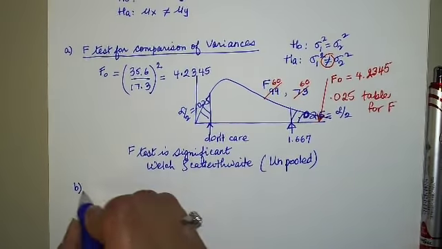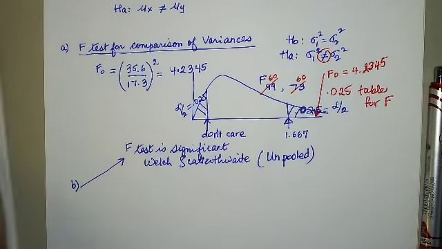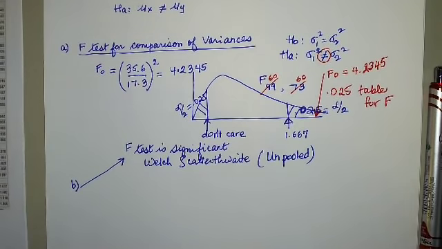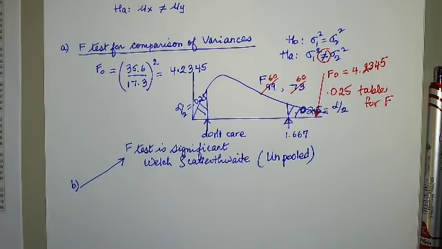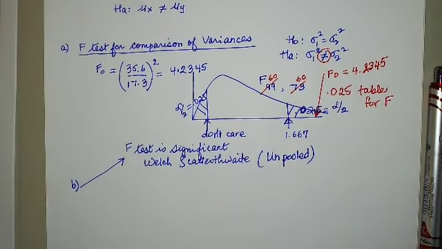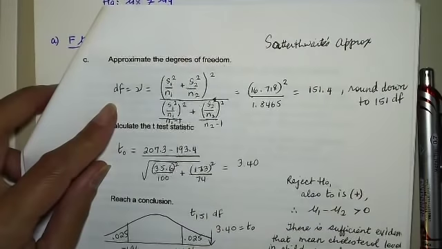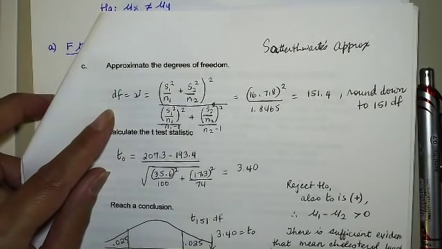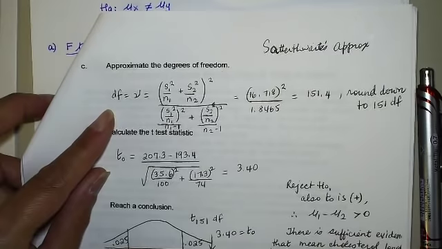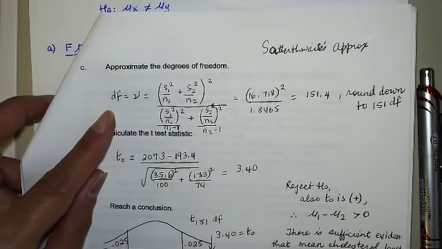So part B says, based on the F test, what procedure would you use? That would be that. And then part C, your final will also be broken down just like this. C says